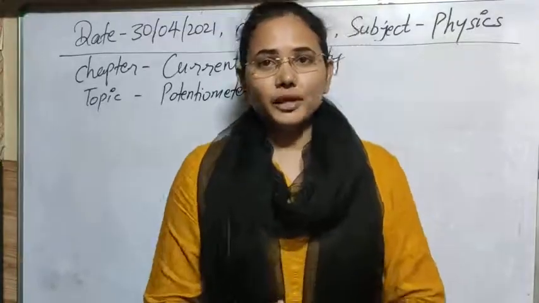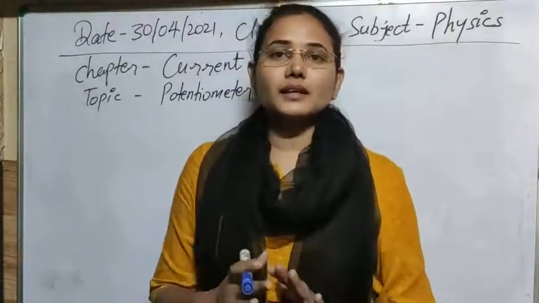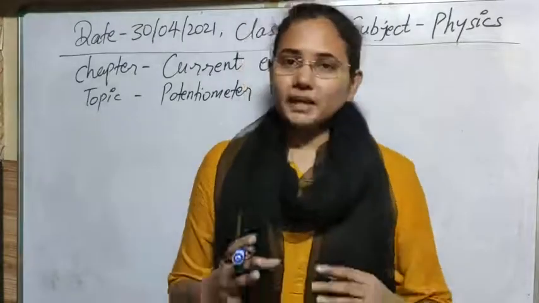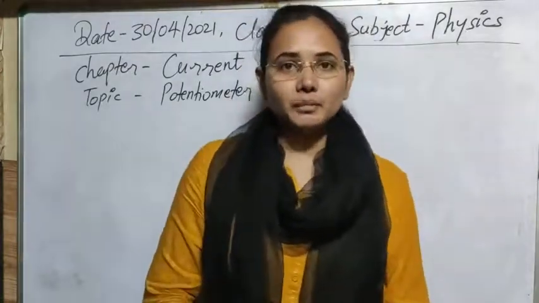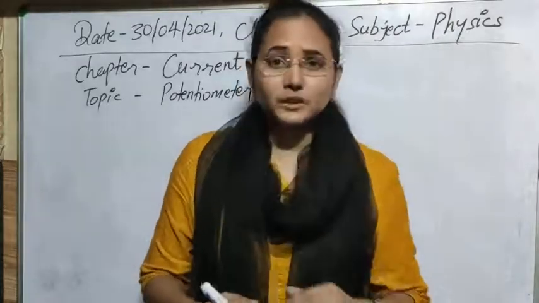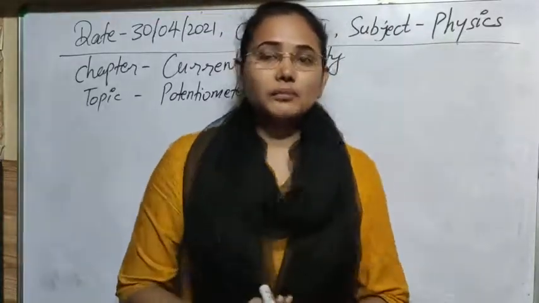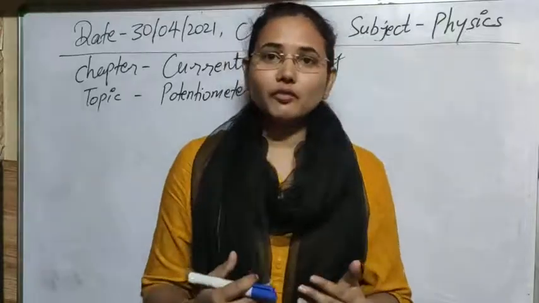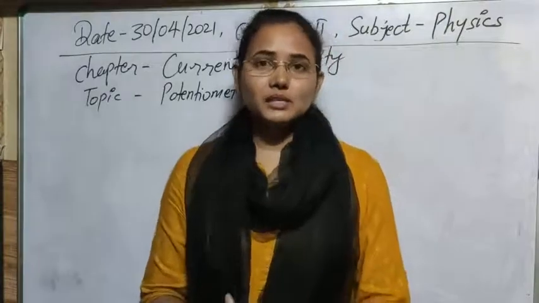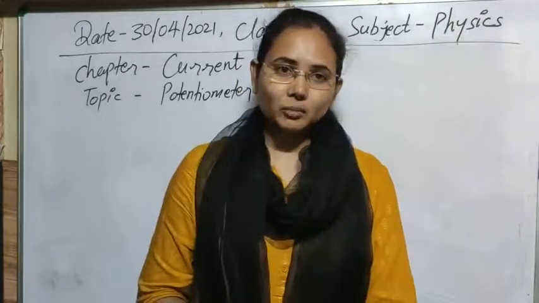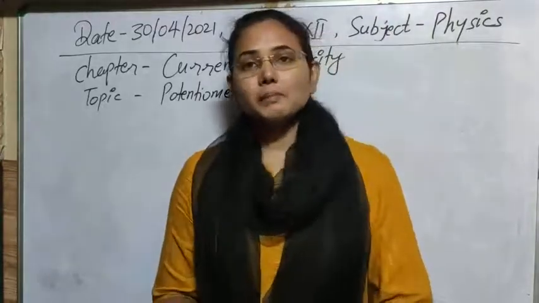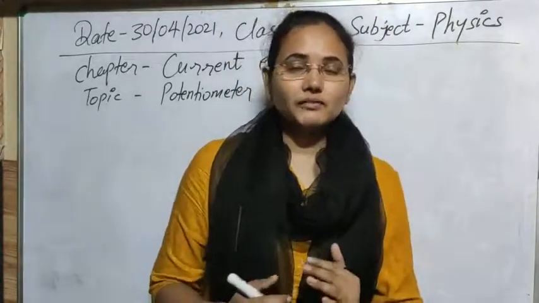In the case of the potentiometer, this is a device like the meter bridge that we have discussed before. It is also based on the null point method. Sorry students, like in the meter bridge or Wheatstone bridge, we are working to find a point where the deflection in the galvanometer is 0, a null point, a balance point. The same method we are using here, but the principle of working of the potentiometer is different.